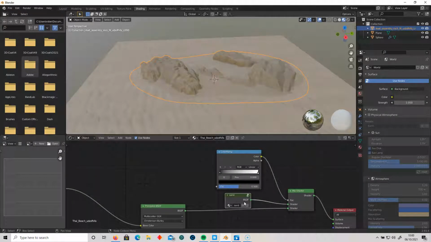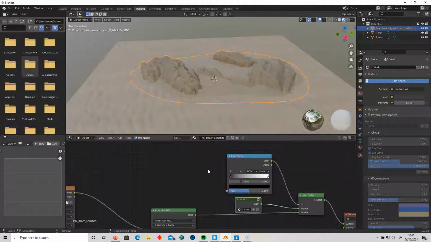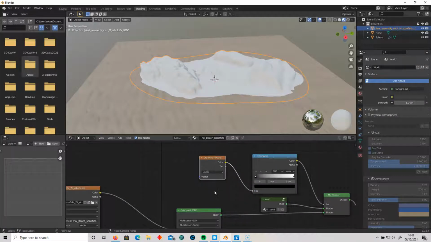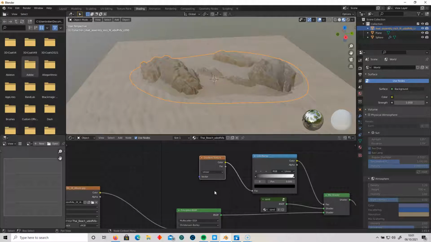And we need to change some of these settings. So the color ramp is also going to be set to a gradient texture because we want to add a subtle gradient. So Shift and A and type in gradient texture. And this gradient texture will be moved into, again, the FAC. And we need a texture coordinate to tell Blender exactly where this texture is. So we can go to Shift and A, type in texture coordinate,